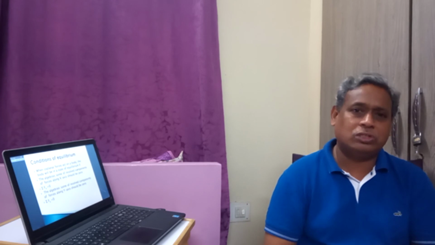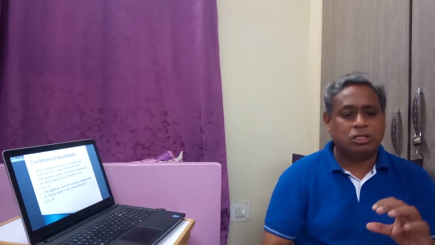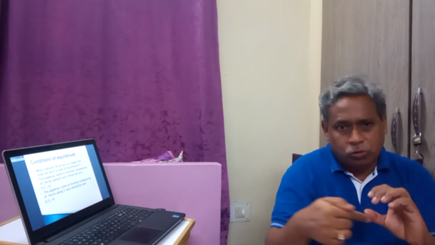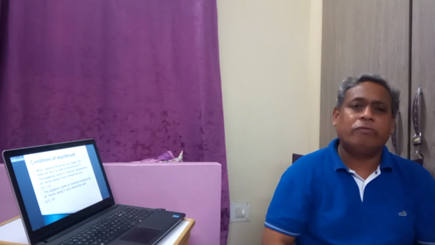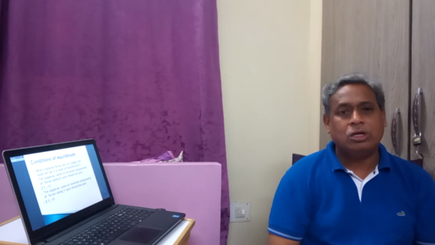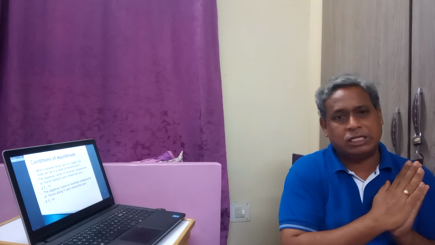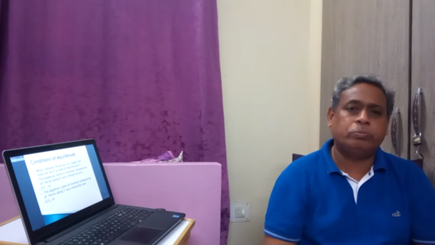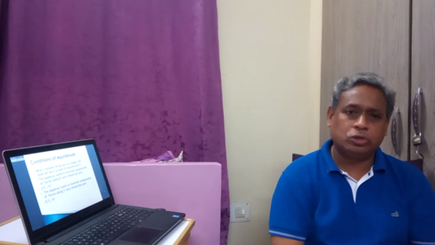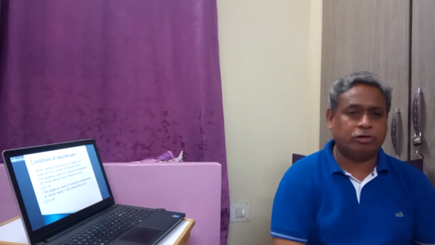That is, the net horizontal force should be equal to 0, and the net vertical force should be equal to 0. If some force is pushing and no force is pushing in the other direction, the body will move in one direction. So for the body to be stable in both directions, that is, it should not move along the x-axis, horizontal, or along the vertical, both forces should be equal to 0. That is why sigma Fx should be equal to 0 and sigma Fy equal to 0.